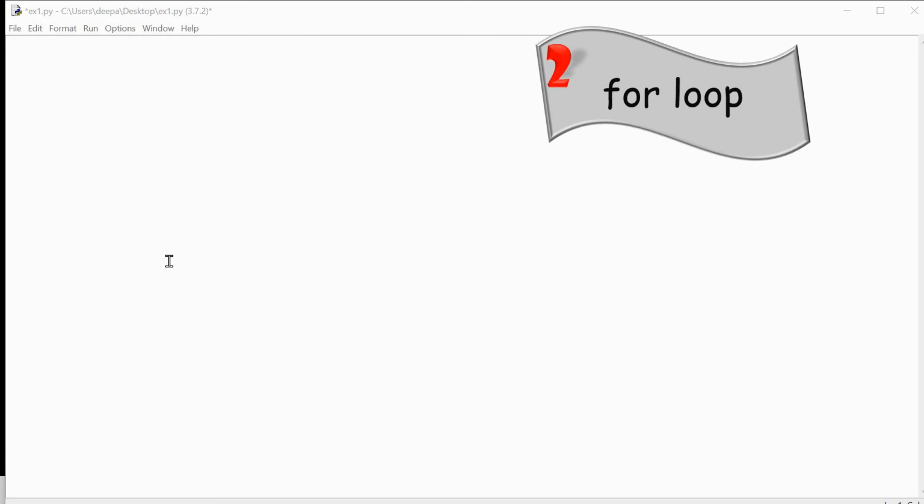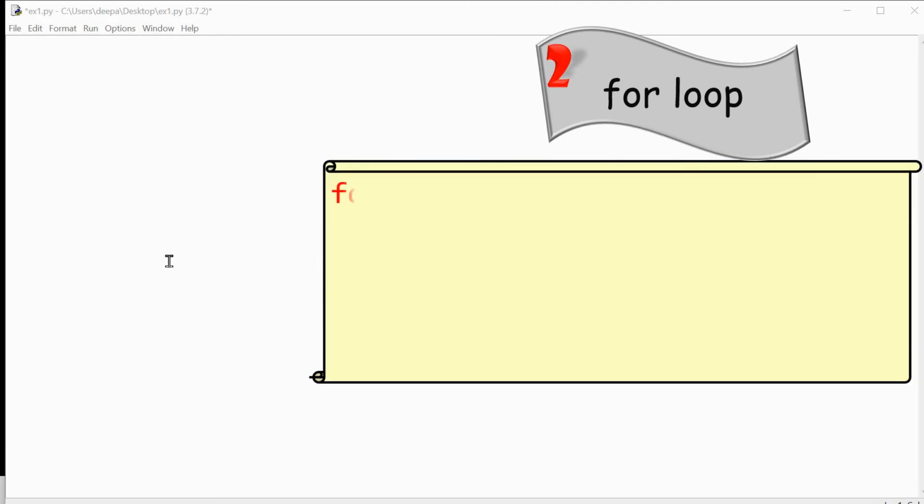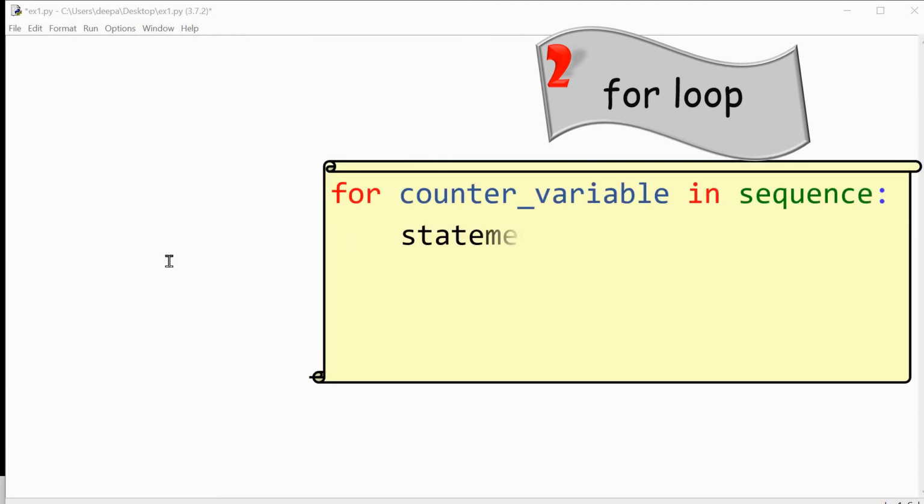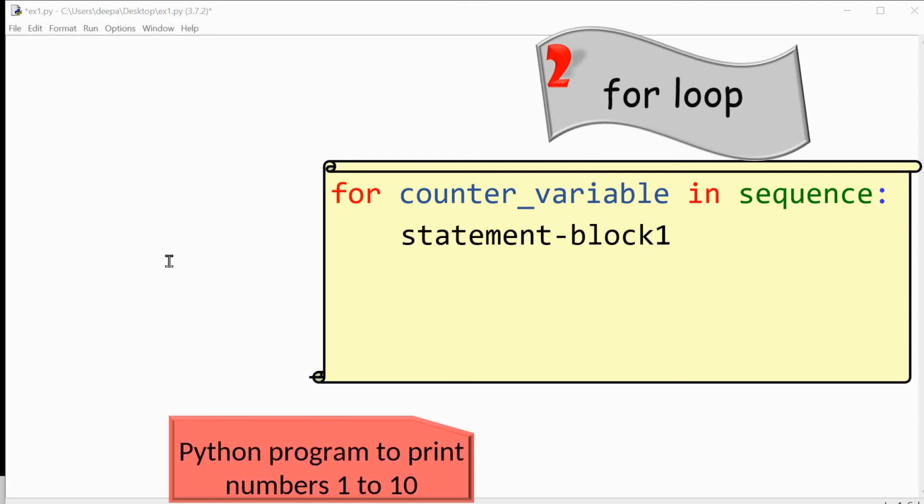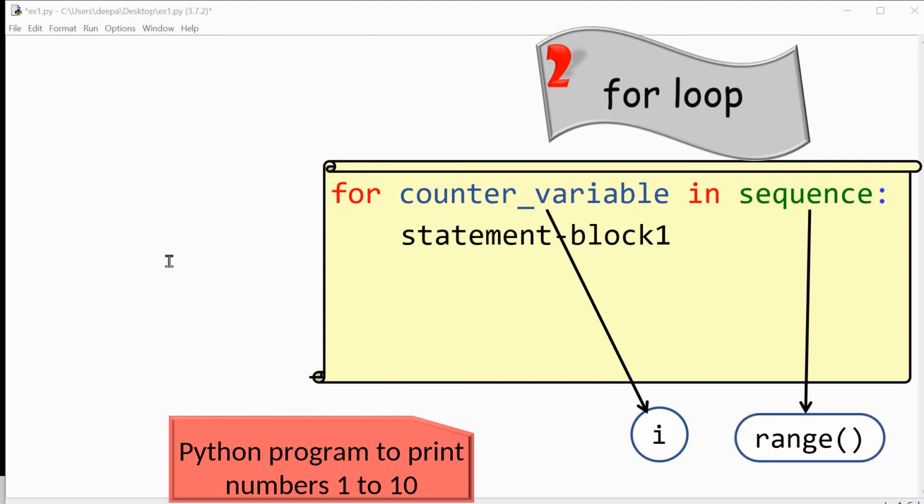The syntax of for loop is: for counter variable in sequence colon, statement block. Now I will write a program to print numbers 1 to 10 using for loop. I will use i for the counter variable and range function in the place of sequence.